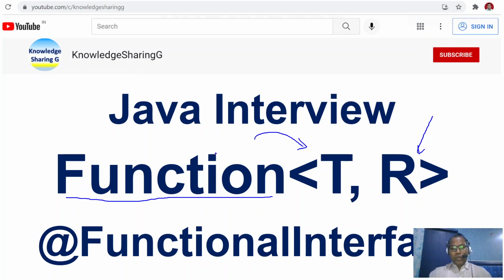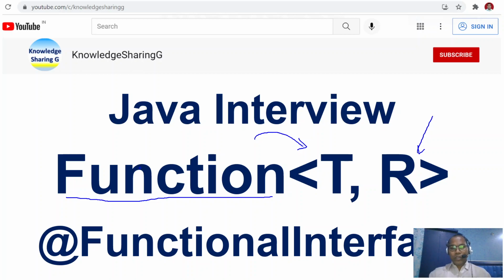Let us look at the use cases of Function as a functional interface. It is used many times in Stream API.